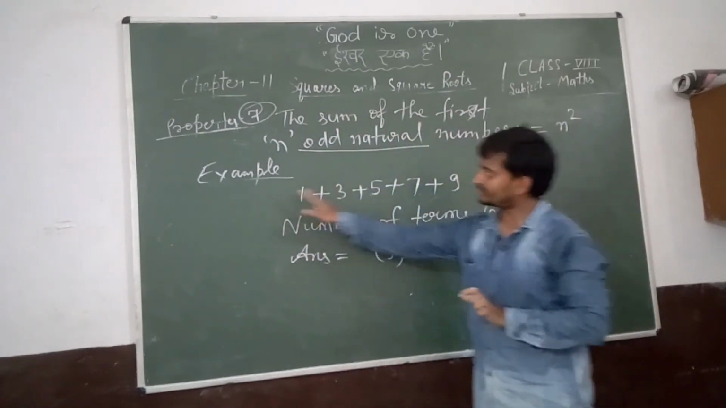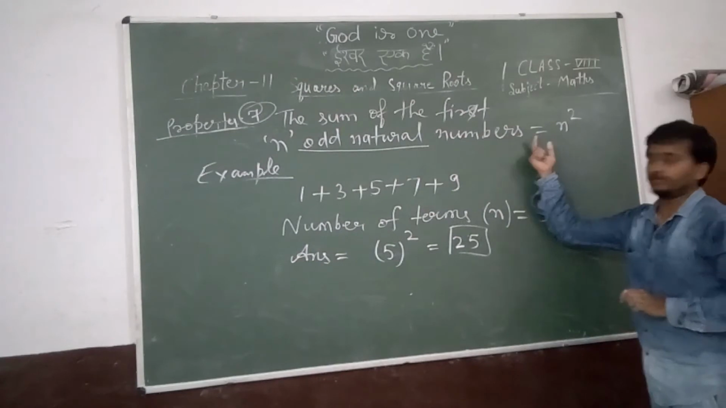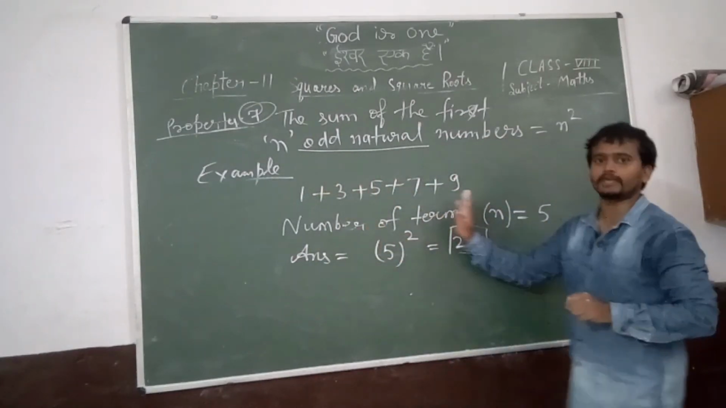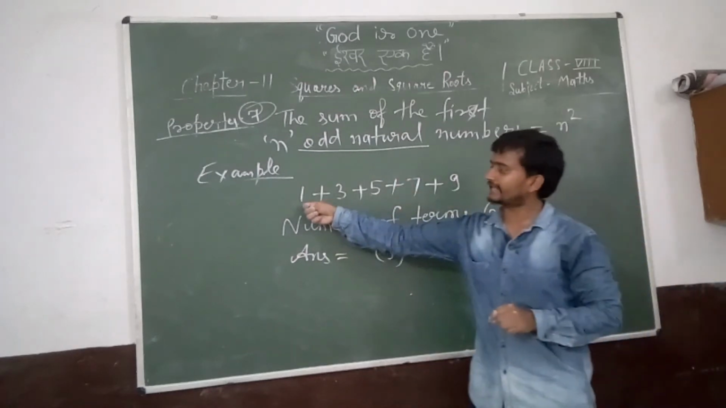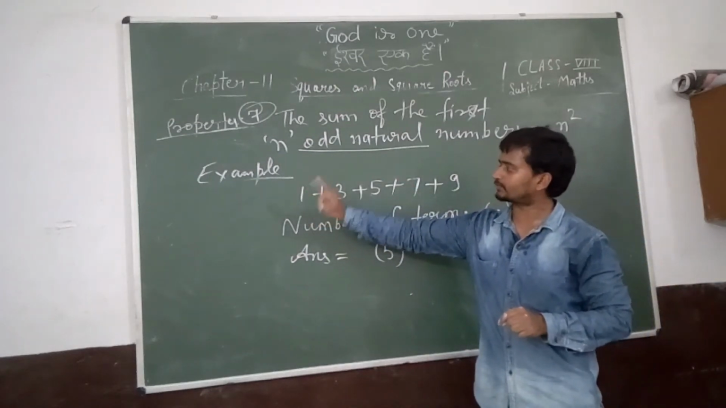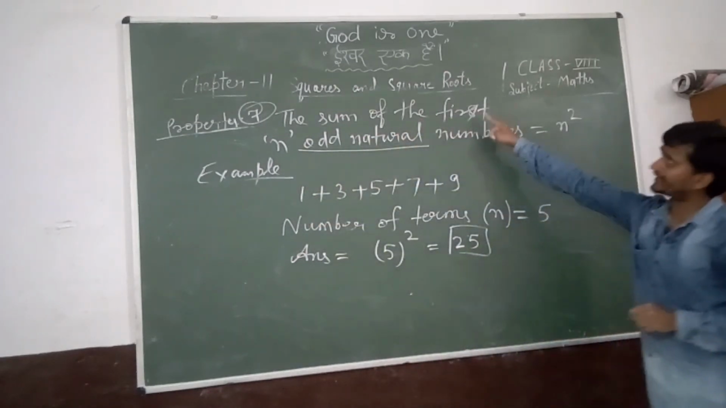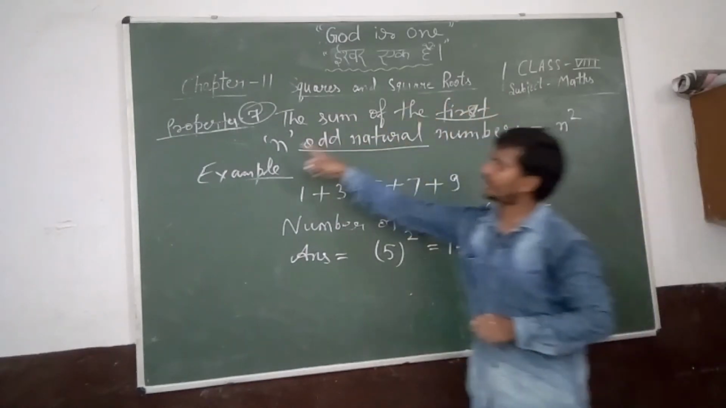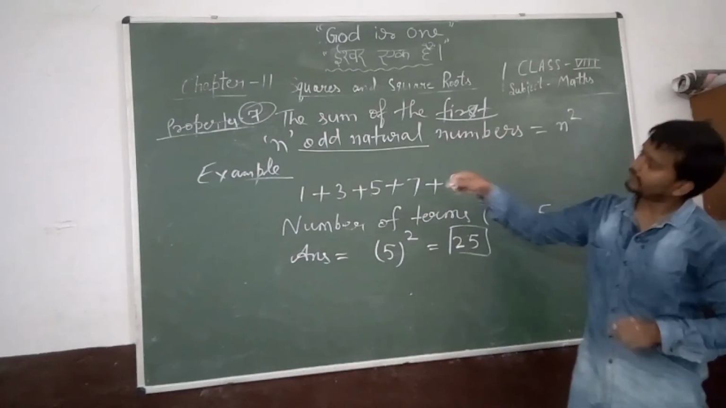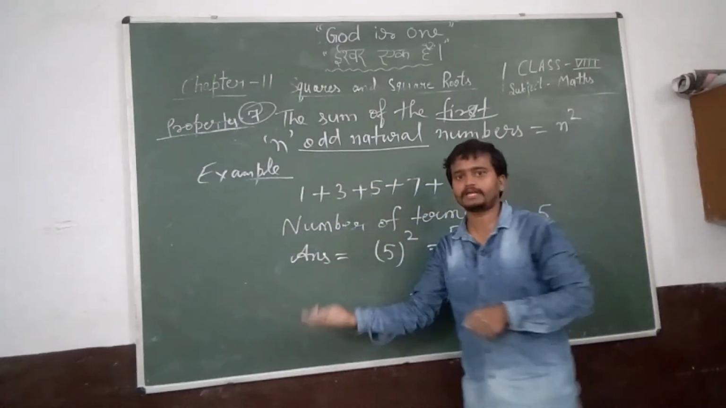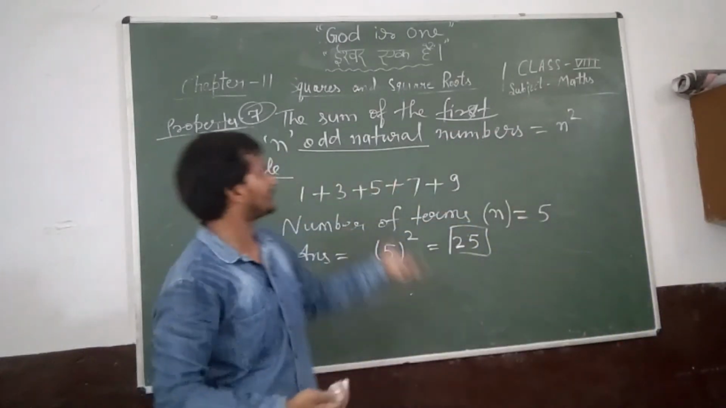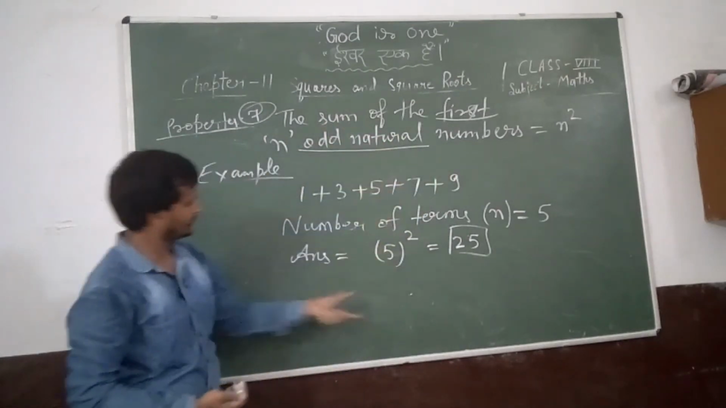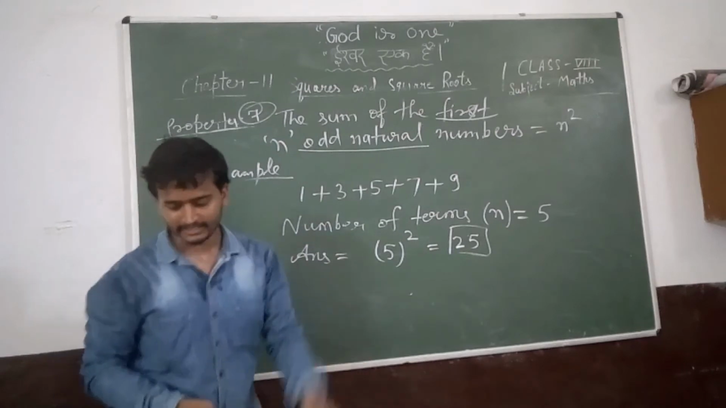Only in this case is the formula applicable. If the series starts from 3 or 5, it is not applicable. It is only applicable when the series starts from 1: the sum of the first n odd natural numbers starting from 1, such as the first 60 odd natural numbers or the first 70 odd natural numbers. So this is one of the properties. The next property is